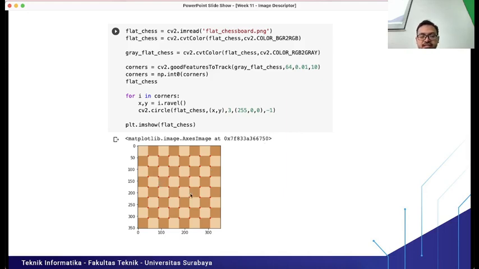Because we have a very simple problem here, detecting the corners of the chessboard, Harris and Shi-Tomasi have no significant difference. So this is the same output as the Harris corner detector. Okay, you can just implement it first.